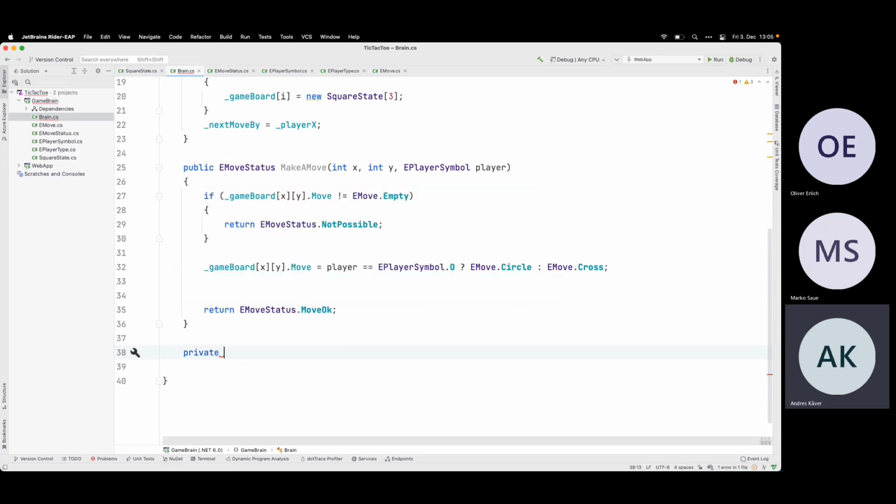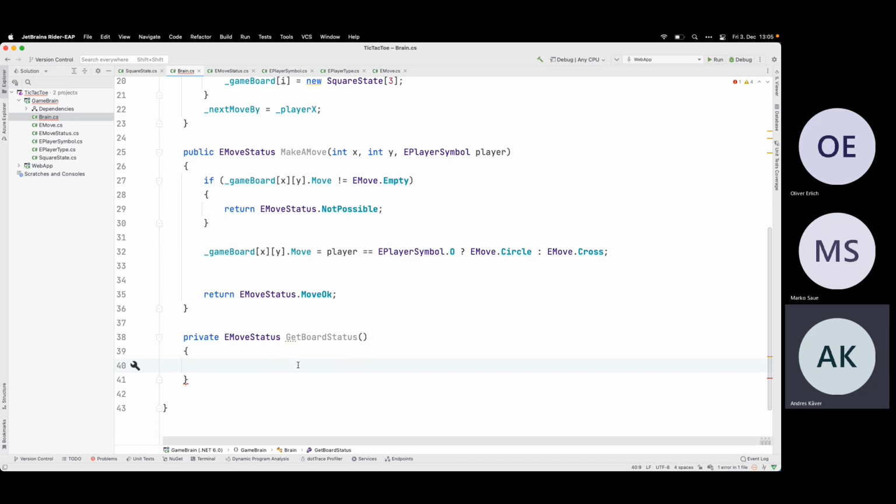I don't know, let's do it initially as a private. Get board status. And now I need to figure out which one has won. So how can I do it? I have this diagonal.